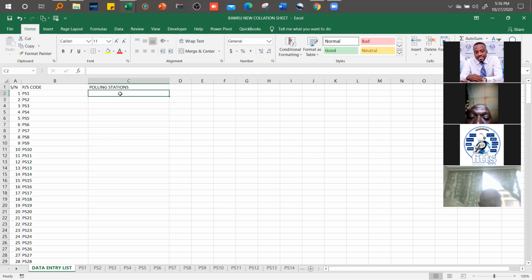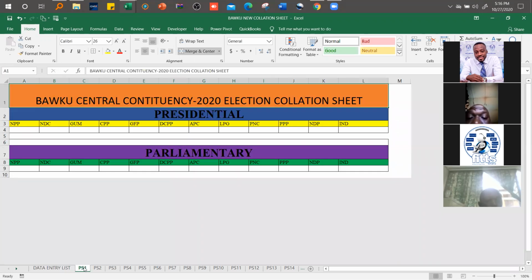Okay, so let's proceed. What we need to do is to link these individual sheets, the names of these, respective